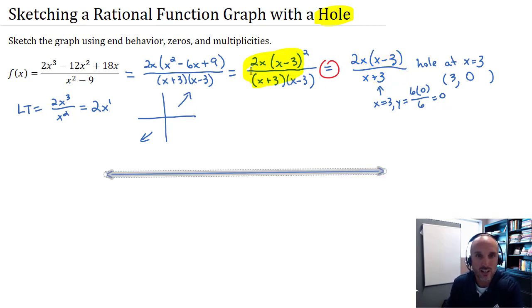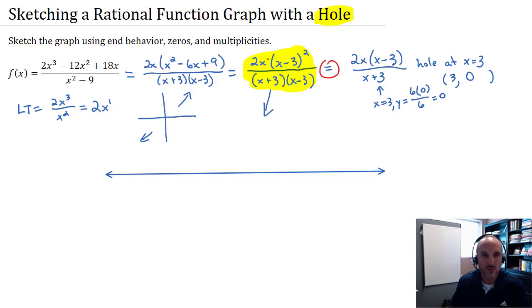I recommend using the unsimplified version of the function so that you don't forget here to use the x value of 3, because sometimes that cancels out completely. So I'm going to use this factored version to generate my number line chart. So my zeros are -3, +3, and 0. So -3, 0, and then